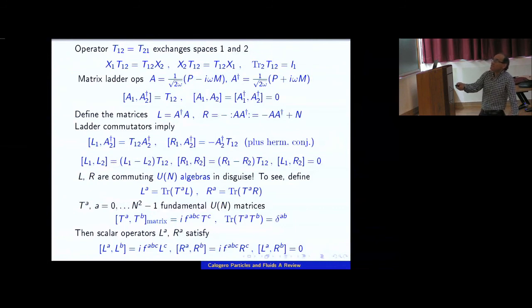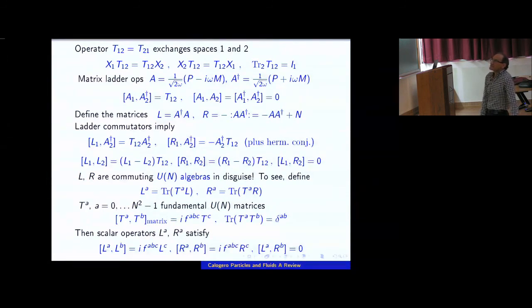And you can also find the quantum mechanical commutators of these L's, and they look like that. All this is a corollary of the fundamental commutator between M and P, and in this notation they are very easy to find. So I stress that the quantum algebra of these L's is linear. It closes on L's. The same with R's, and they are identical. This minus sign was crucial so that I get the same algebra, and that they mutually commute. So we have two copies of the same algebra for these operators L and R.